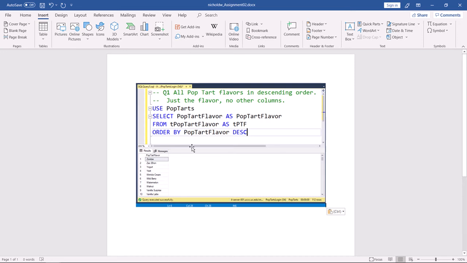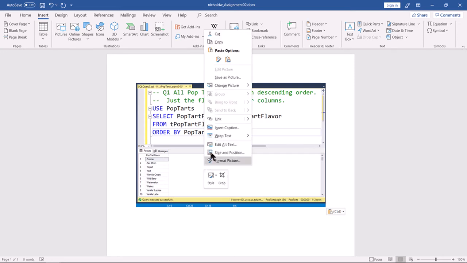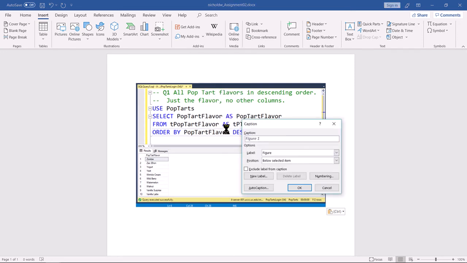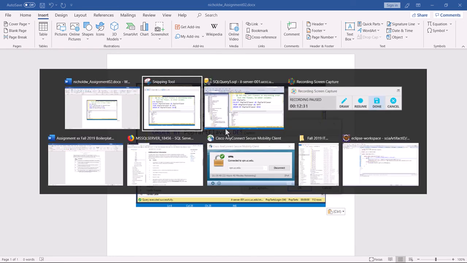The next thing you want to do is add a caption. Now the caption is going to have the query number and then the full text of the data request. If you flip back to the assignment again,